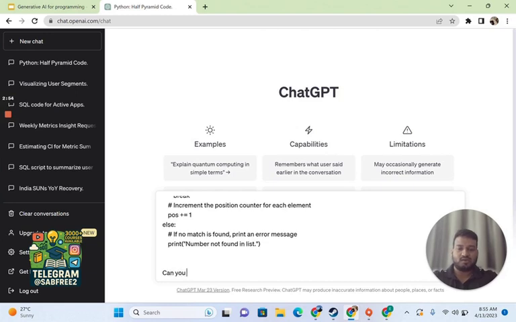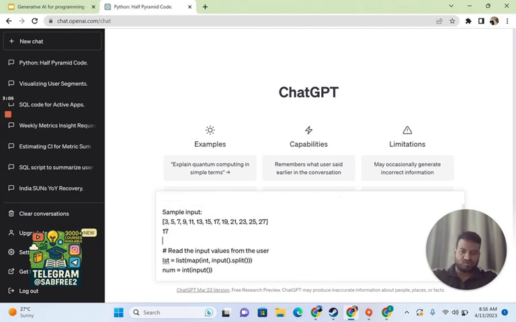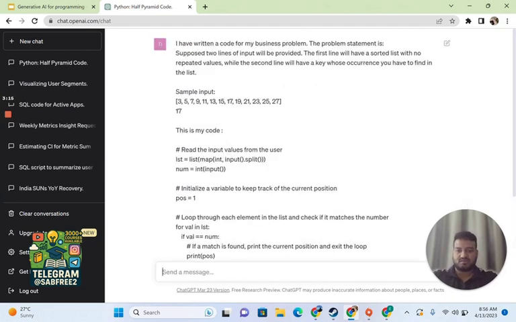Can you help me to modify or improve the code? I'll also mention this is my code. Let's see if it takes this much input. So I've written everything. Let's just enter it.